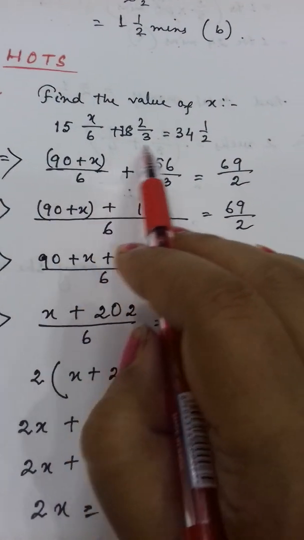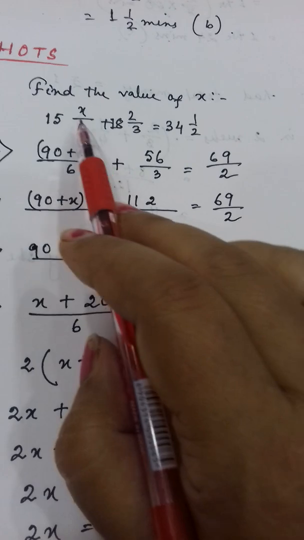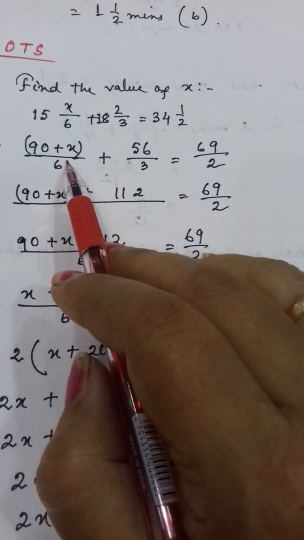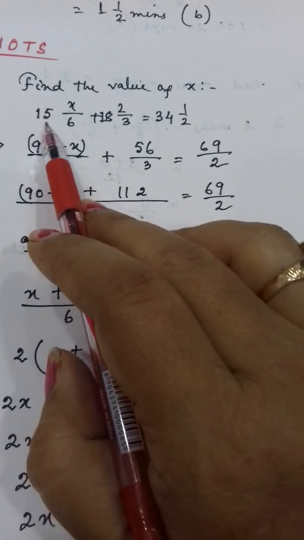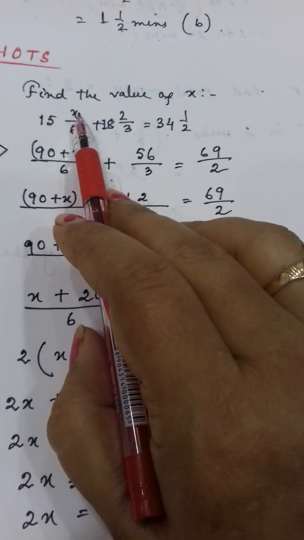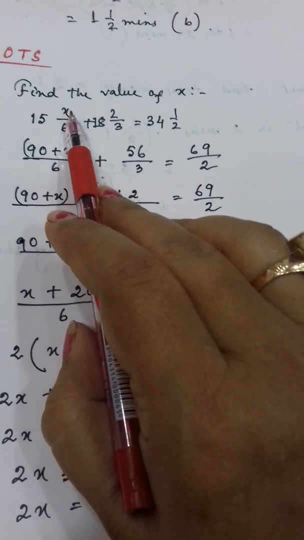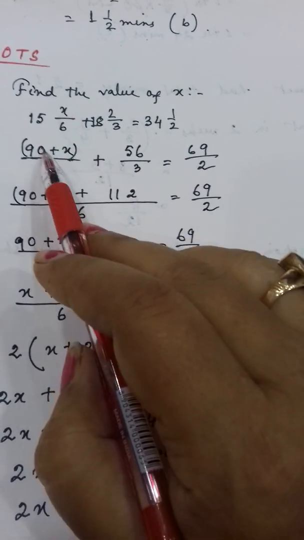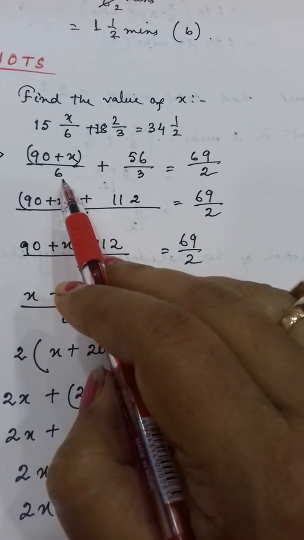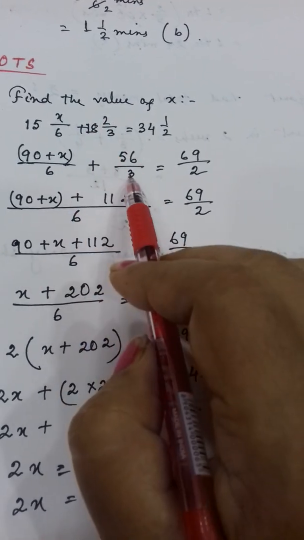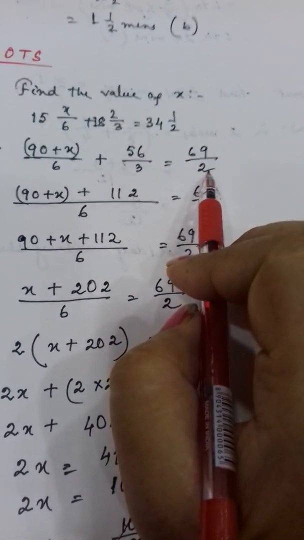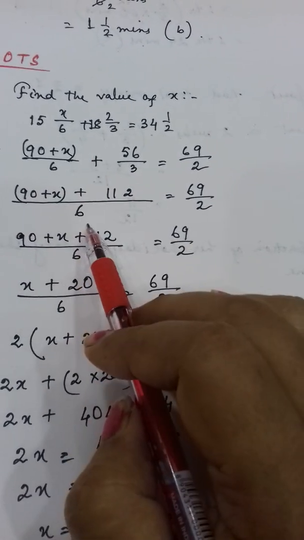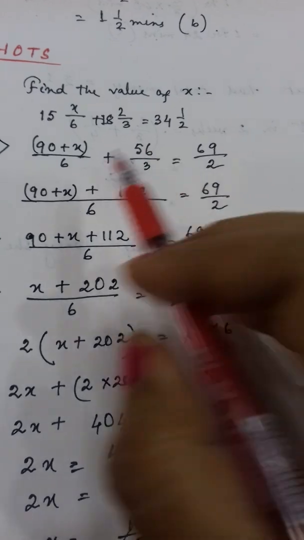First you will write down the equation. Now to convert from a mixed fraction to an improper fraction, you know what we do. We multiply these two, then add this one. Now here it is x, that means 15 sixes are 90. With 90 you will add x, so (90 plus x) by 6. Same way you change this one, this is also changed. Clear? Next step, find out the LCM. 6. On the left hand side I am doing this, the right hand side remains the same.